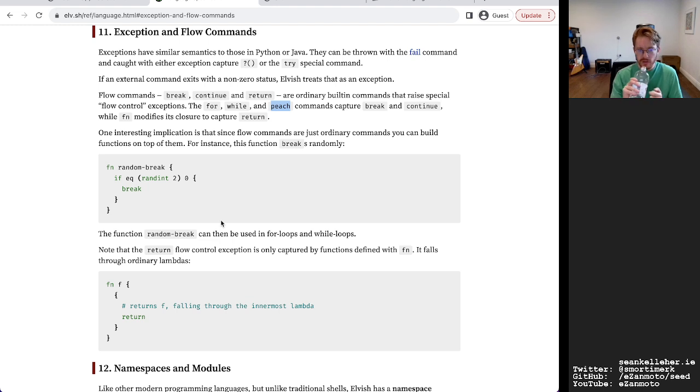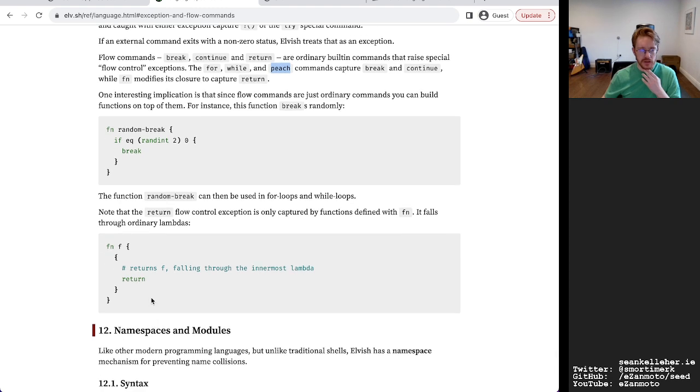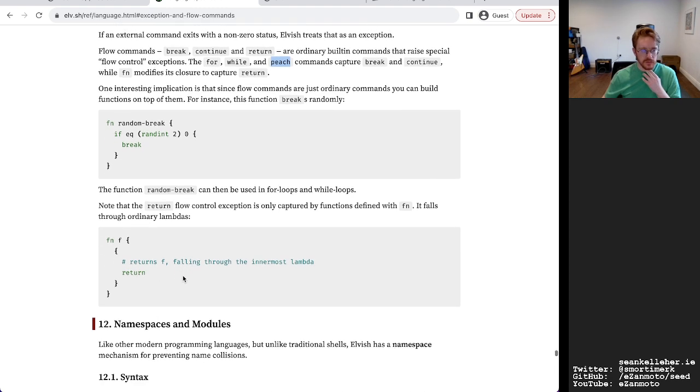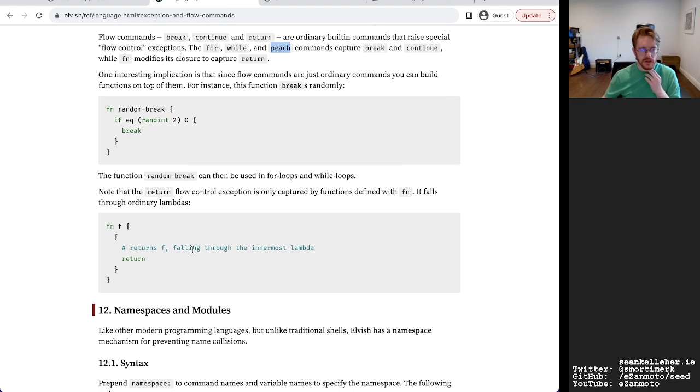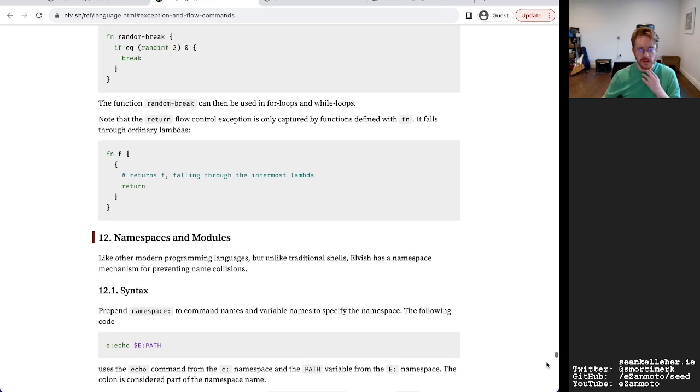And the return flow control exception is only captured by functions defined within FN. It falls through ordinary lambdas. Okay. So that's kind of what you'd expect anyway.